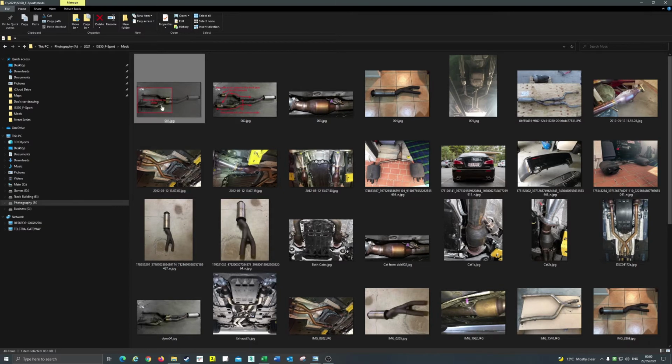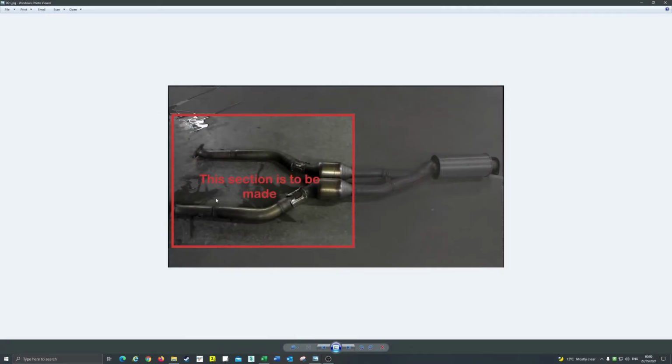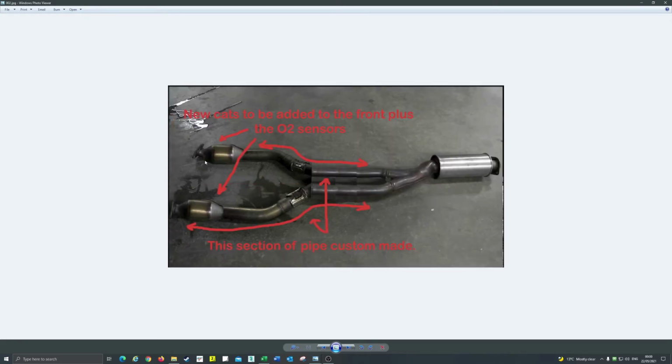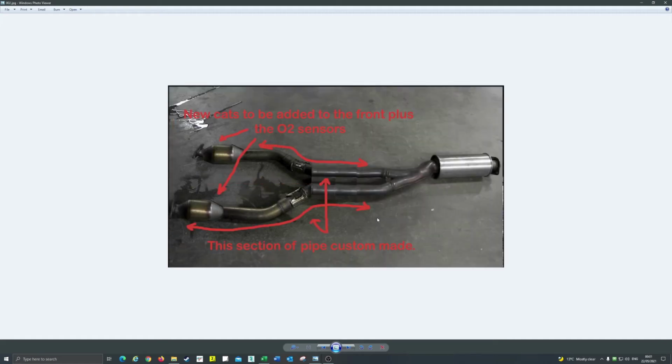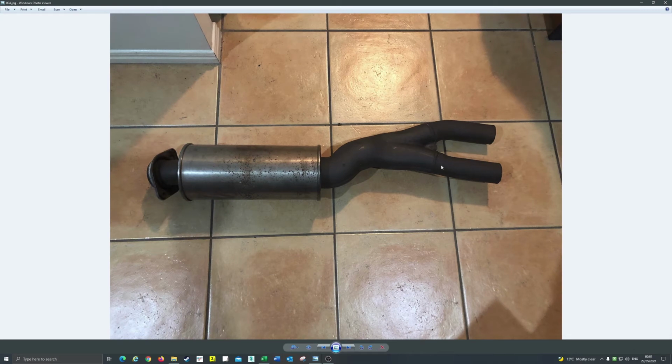So this is an ISF exhaust mid section. What I've done, all this has been deleted, and I bought from another guy this section here. Now what I like about the ISF exhaust, and here it is in my kitchen, is this section here is